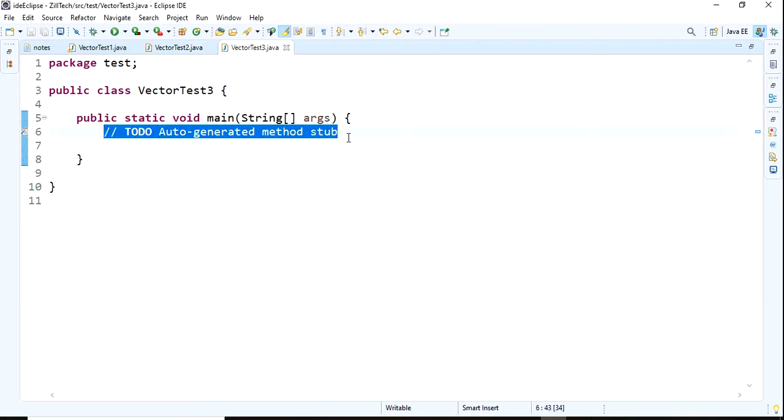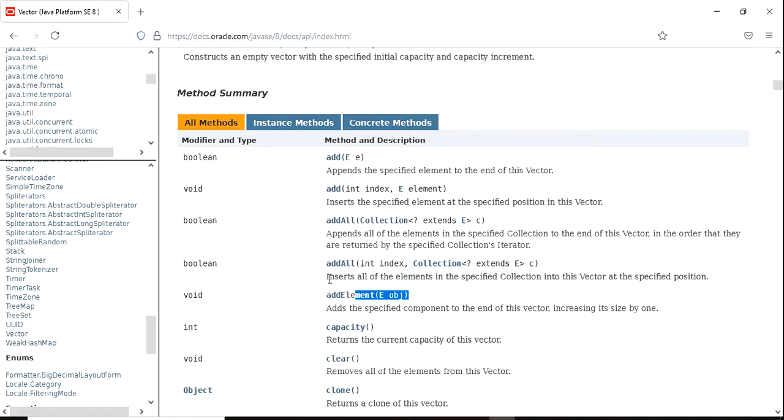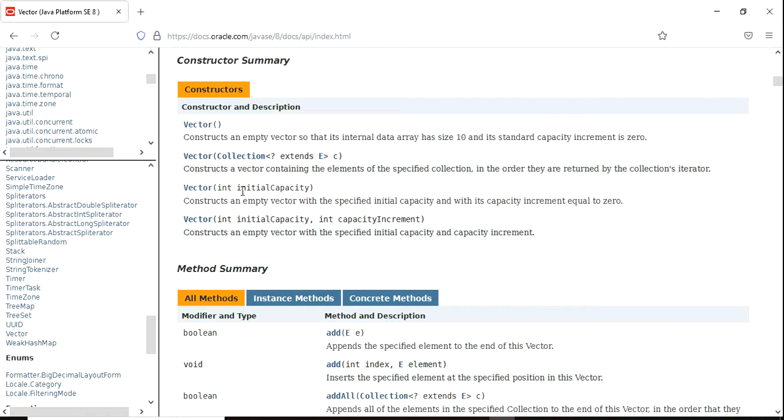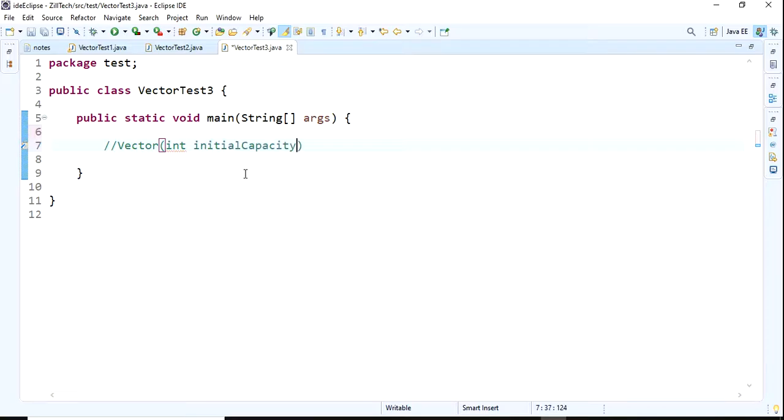Next constructor. What is our next constructor? We have Vector with int initialCapacity.